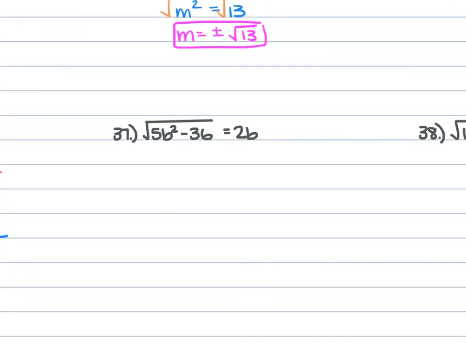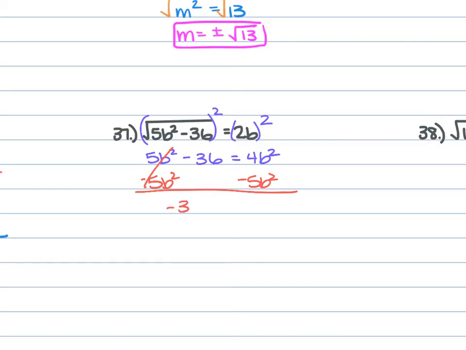For 37, we have the square root of 5b squared minus 36 is equal to 2b. Our radical is isolated, so we are going to square both sides of this to give ourselves 5b squared minus 36 is equal to 4b squared. So I'm going to move that 5b squared over by subtracting it from each side. So that gives us negative 36 is equal to negative b squared. I'm going to divide each side by negative 1